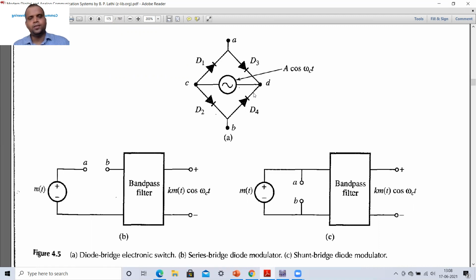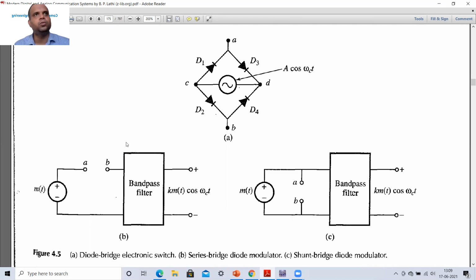use the diode as a switch, to operate it as a switch, instead of using the sinusoidal wave, we can directly use the square wave. Because if we use the square wave, we have already seen that we need to go through the Fourier series expansion of the square wave, which will give us different harmonics of the fundamental frequency fc.